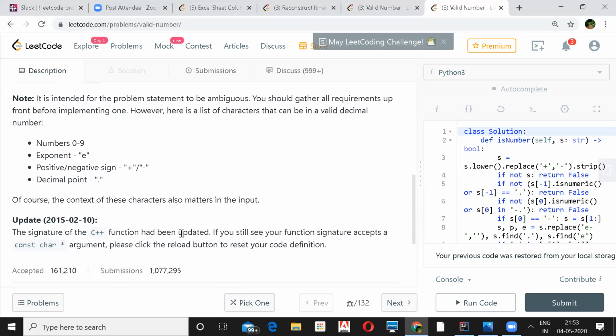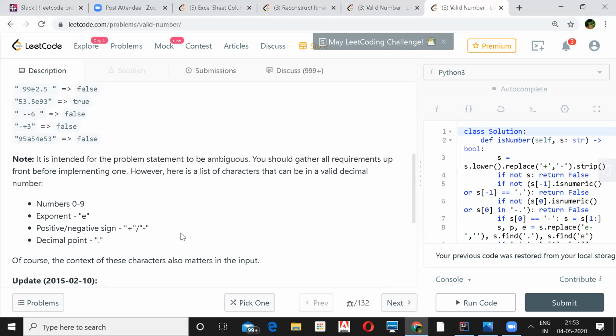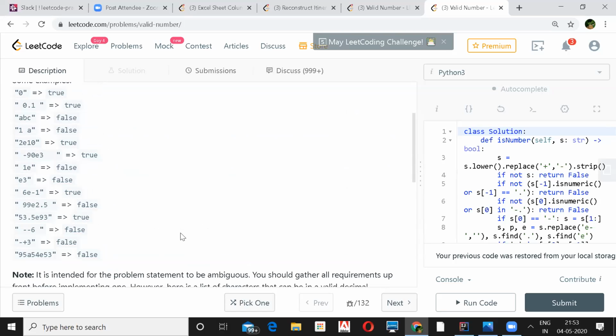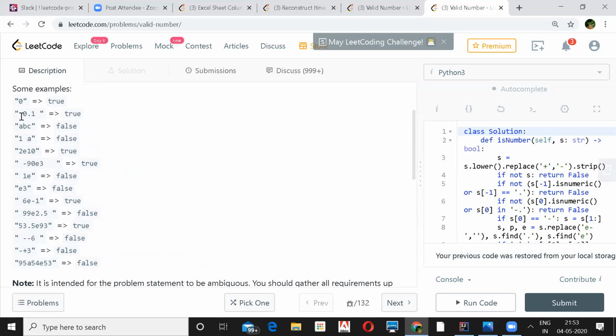Interesting. How do you know the first character to be positive, negative, or a number? Because look at the example, there's a space. In example 2, there's a space in there, but it's still true. For the spaces, we can just trim the spaces from both start and end, and then start our algorithm. Spaces in the middle cannot be valid. So if I encounter a space in the middle, that would tell me that this doesn't exist in my graph.